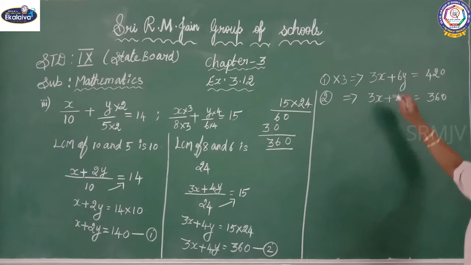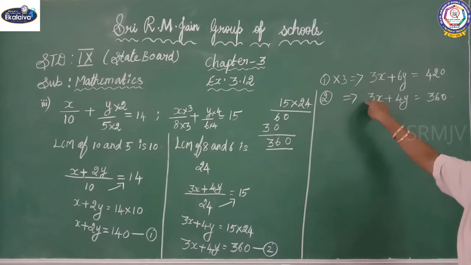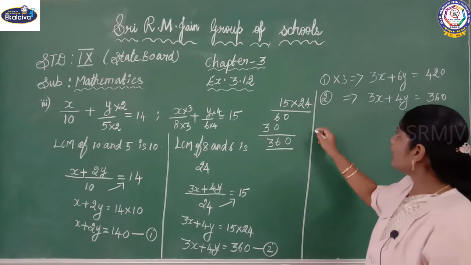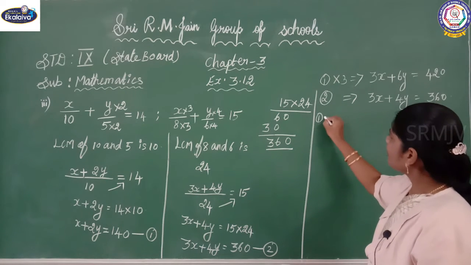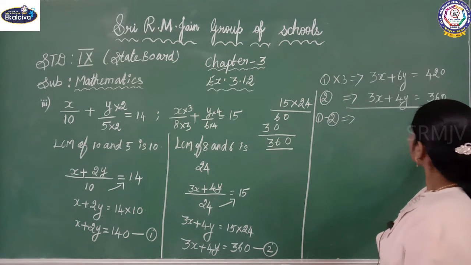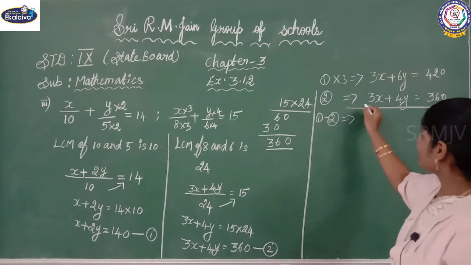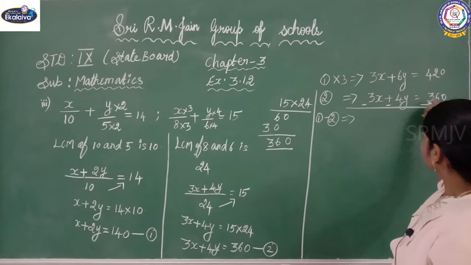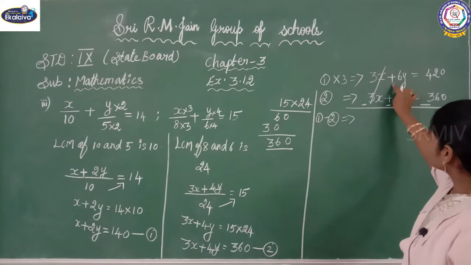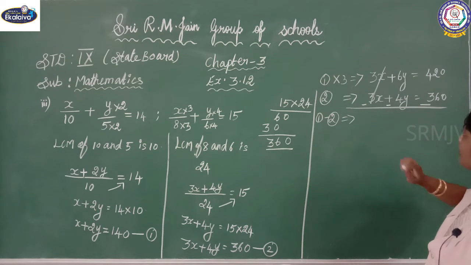Okay. Now I am going to eliminate the x variable. But see the sign, both are positive. So while subtracting I can eliminate. What I am going to do? I am going to subtract. So 1 minus 2. If I want to subtract, I have to change the sign of the second equation. Minus, minus, minus, because positive becomes negative. So cancel this. Plus 6 minus 4.